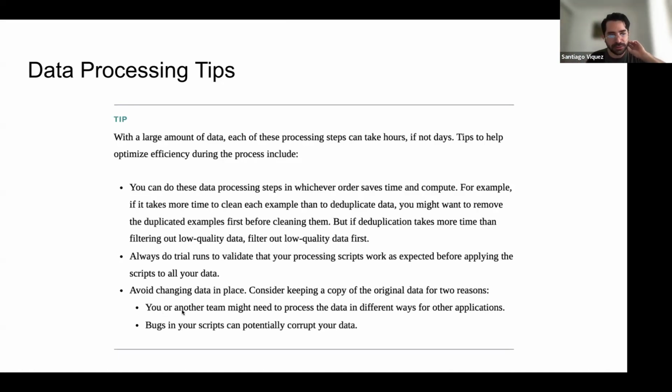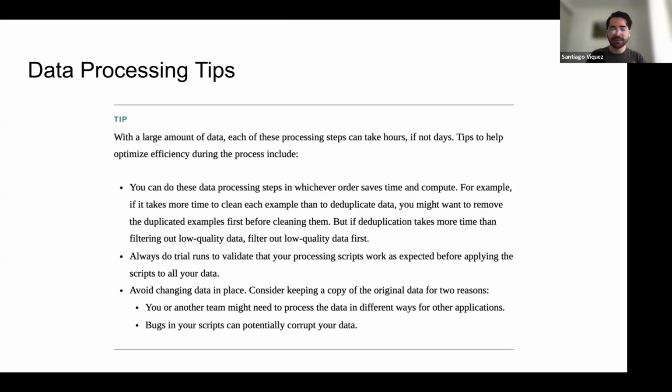She suggests two reasons. Because probably this raw data can also be useful for other use cases, and other use cases might have different rules for preprocessing. So you don't want to preprocess everything and have it for just one use case. And also because you could corrupt data by doing that, right? If you're changing data in place, in the end you lose the raw one. And if you add a bug or something that is not good to your original data, then it's very hard to just go back, right?